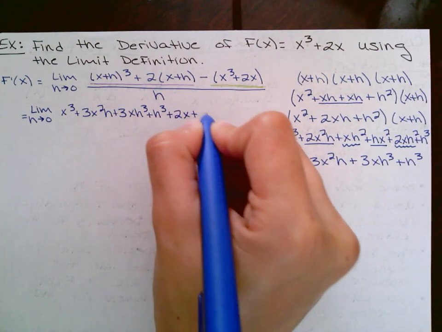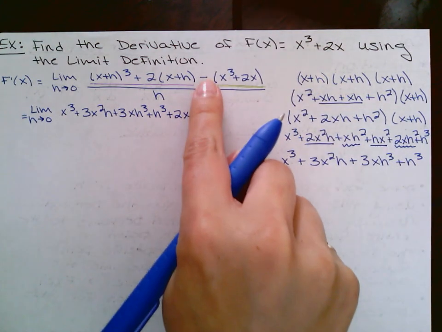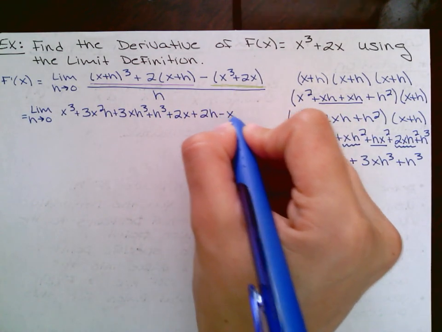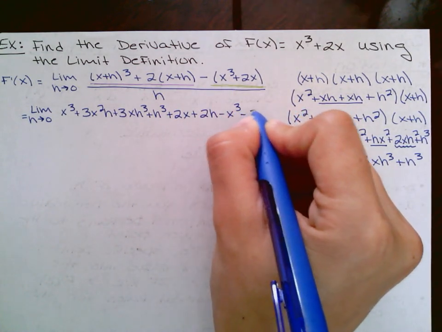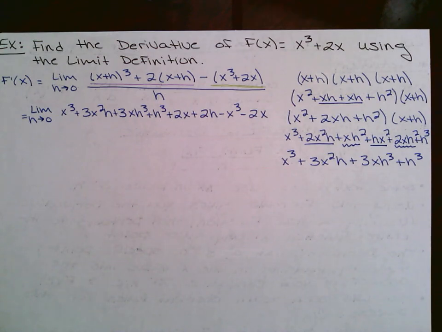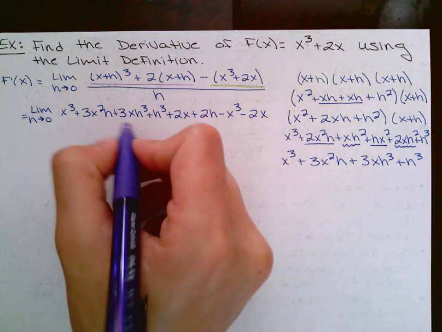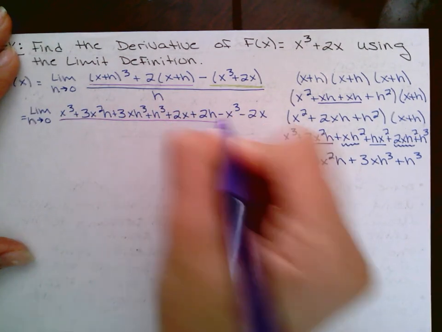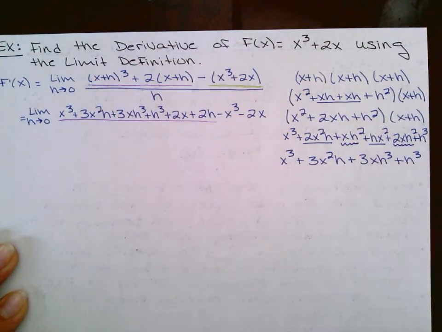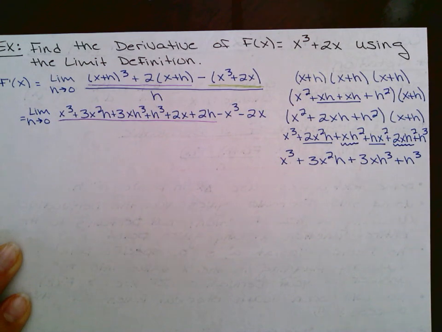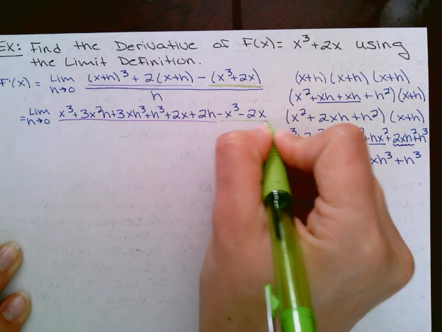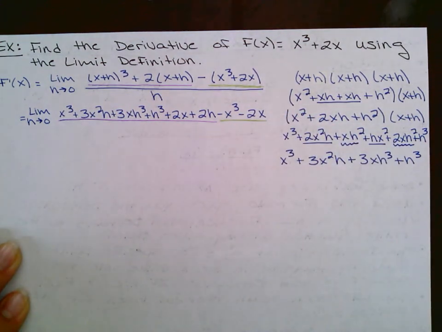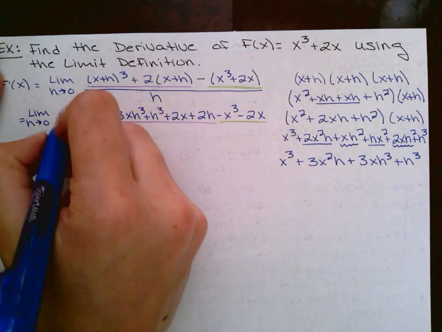And then distribute this negative. Okay, so bear with me. I know this is looking messy. Everything up until this 2h is me just cleaning this first portion. And then this was me just distributing the negative of the f of x. Okay, and all of this is still